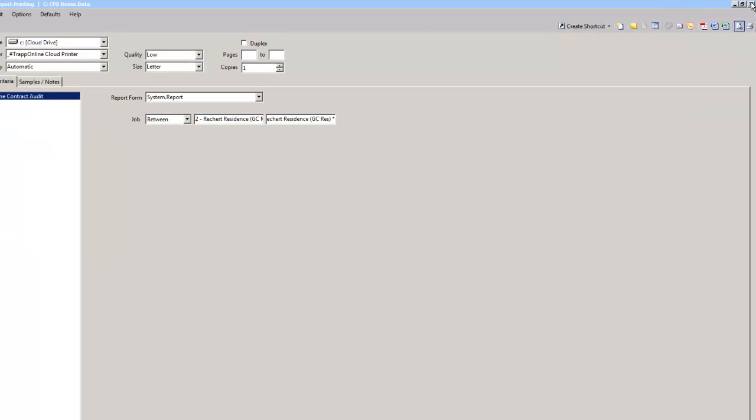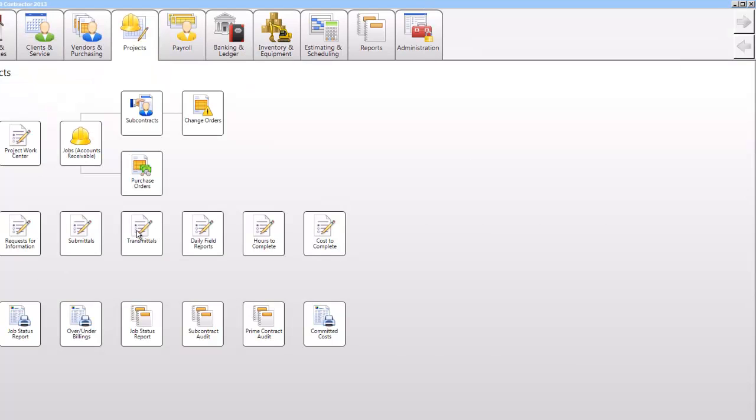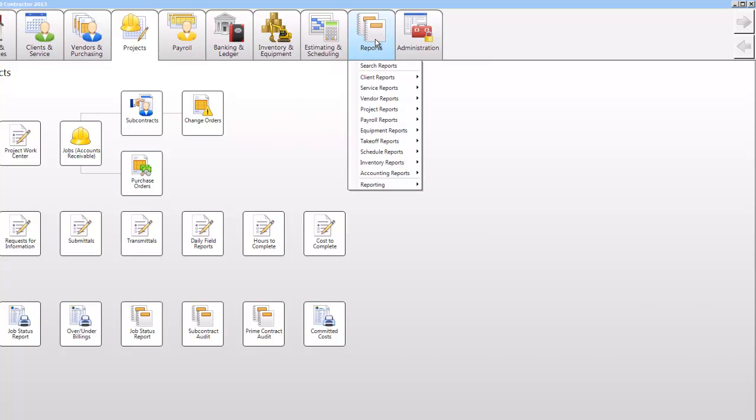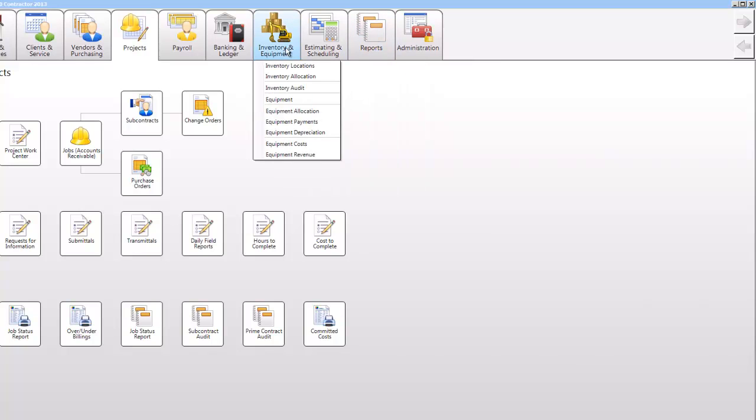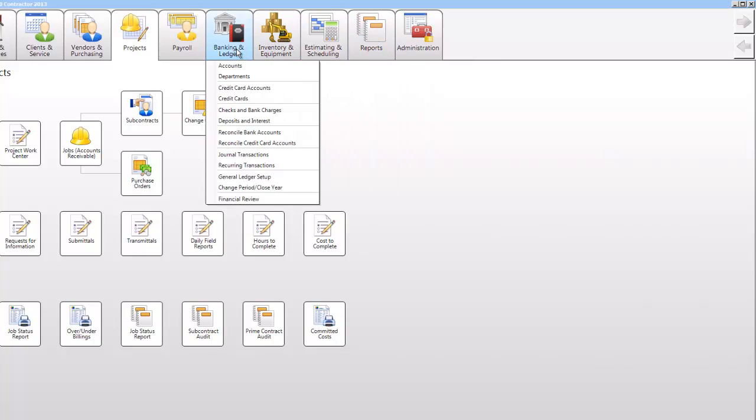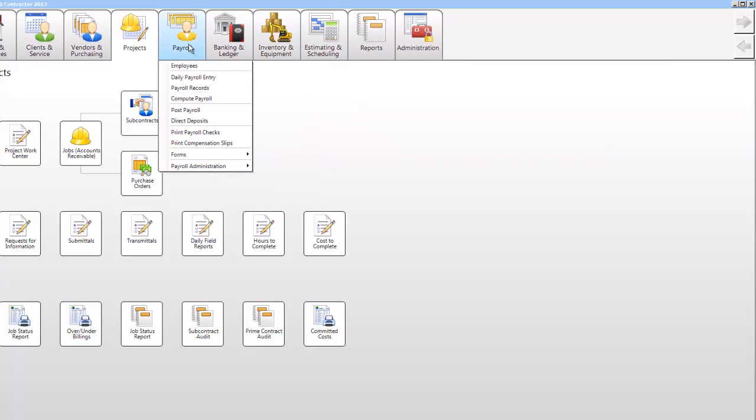Hopefully you can tell here, we don't miss much. I mean, I don't think we miss anything actually. We do estimating, we do scheduling with a Gantt chart, 139 different cost reports in here, going along with about 1,300 other reports, inventory and equipment management, all of your banking, check reconciliations and what have you, payroll, the whole